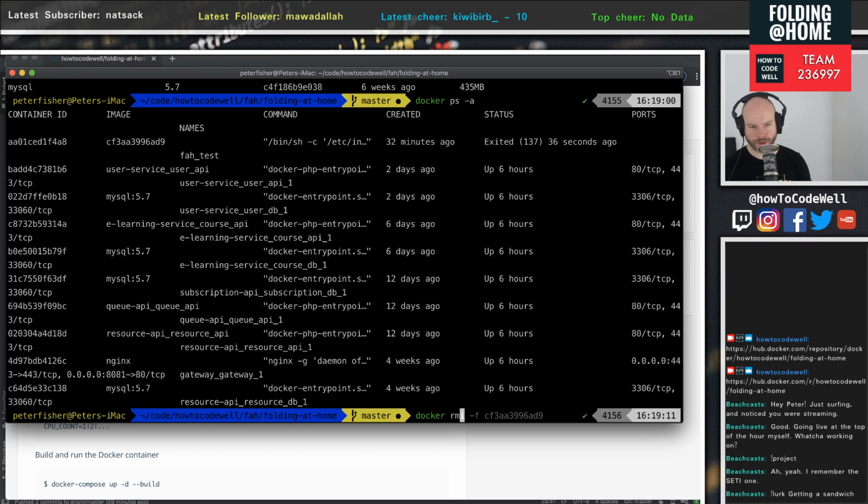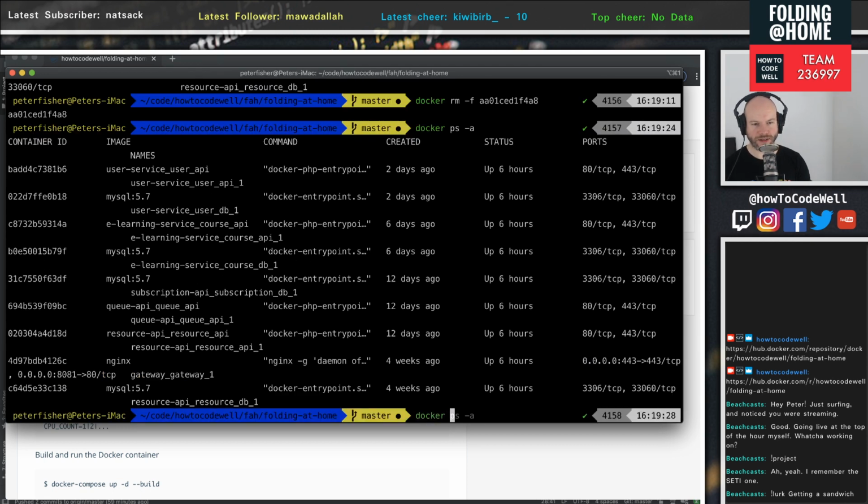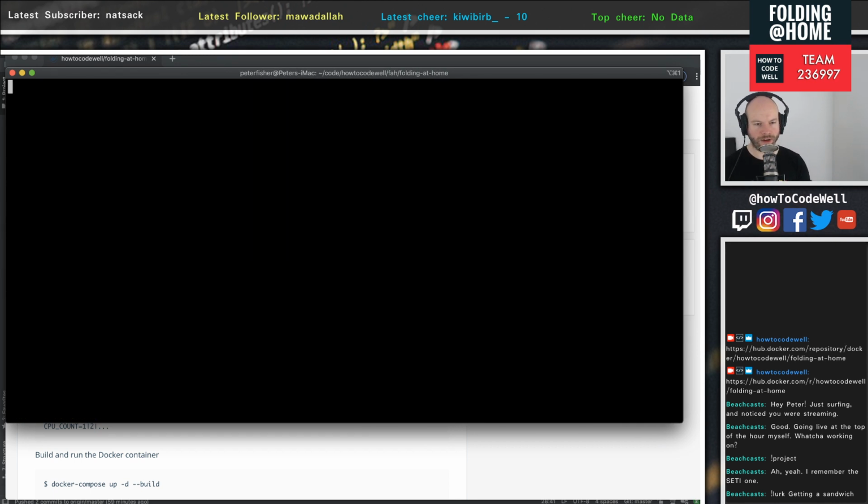Docker RM now to remove the container. That is the container address. So if I did docker PS-A, we shouldn't have that there. No. And if we did docker images, that shouldn't be there either. Awesome. So what I can do now, if I clear down the screen, make a little bit more room, is